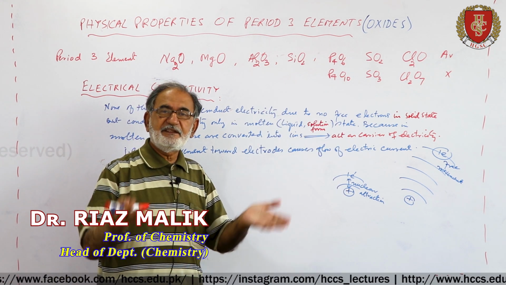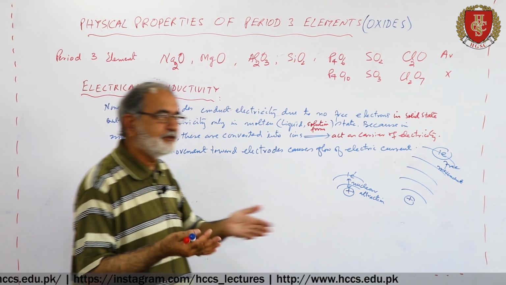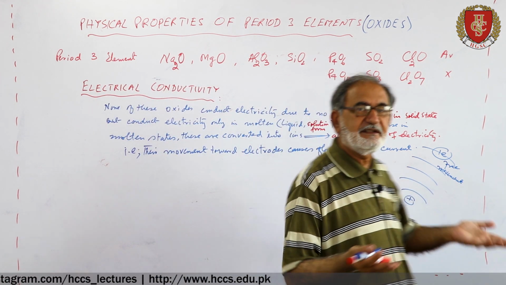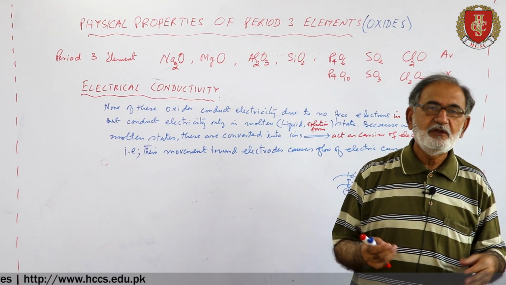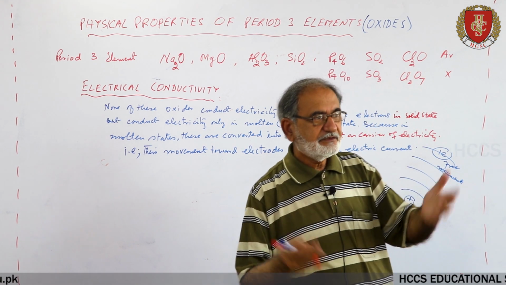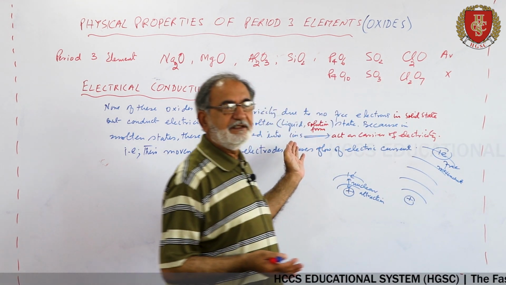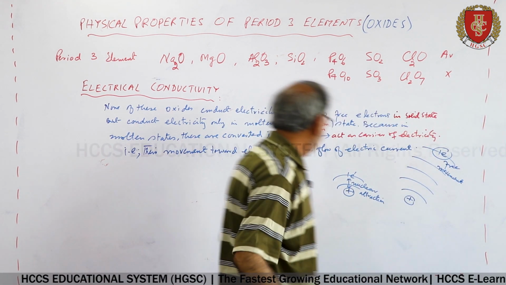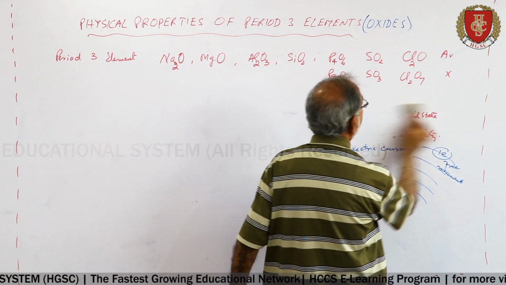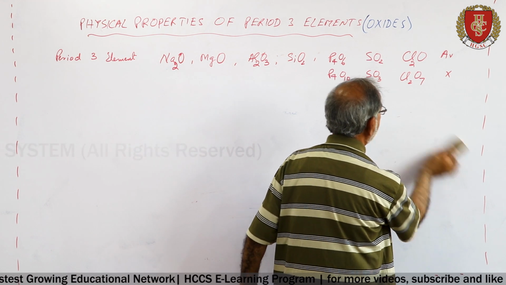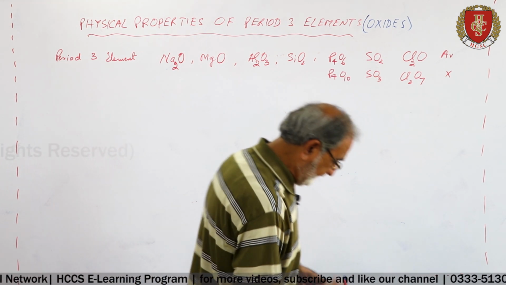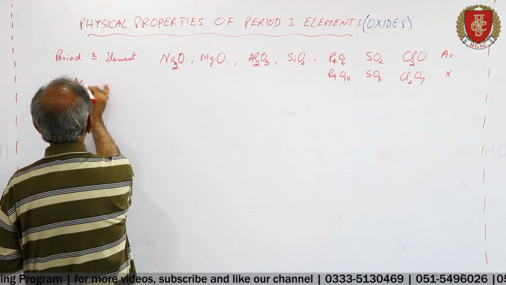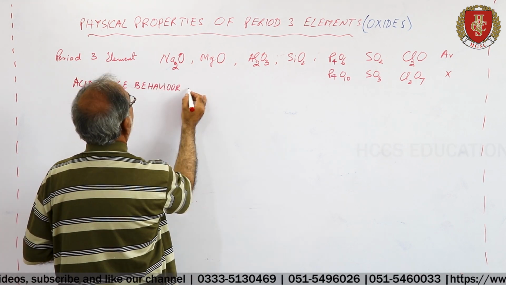फॉर्म में, दे आर कन्वर्टेड टू आयंस, आयन बनेंगे। जैसे सोडियम क्लोराइड है, सॉलिड फॉर्म में है, बिजली कंडक्ट नहीं करेगा, लेकिन जब ये आयनाइज होगा, आयंस बनेंगे, तो फिर ये इलेक्ट्रिसिटी कंडक्ट कर सकते हैं। नाउ वी डिस्क्राइब अनदर फिजिकल बिहेवियर, that is acid base behavior of